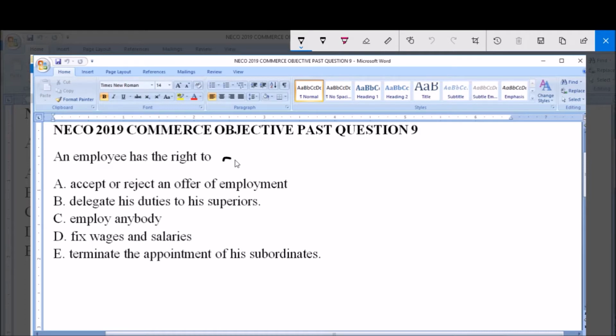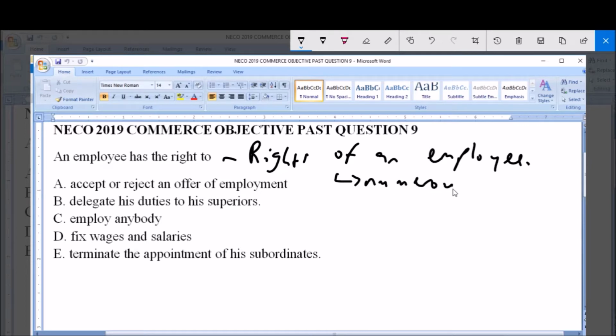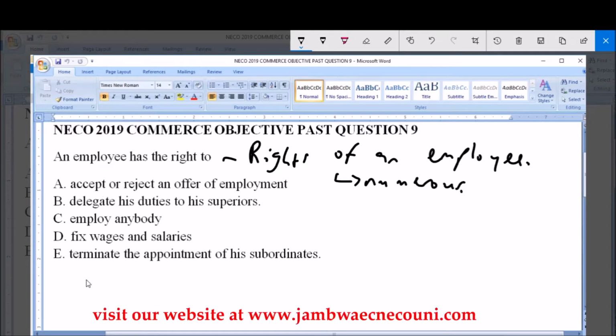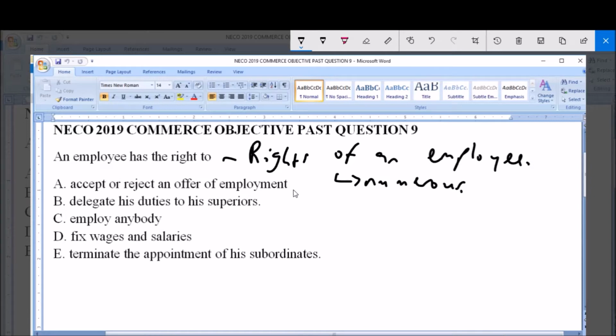So we're looking at the rights of an employee. The rights of an employee are actually numerous, but we'll take a look at each of the options to see which one can be classified as the rights of an employee and which cannot. So option A, which is accept or reject an offer of employment, can be described as one of the rights of an employee,